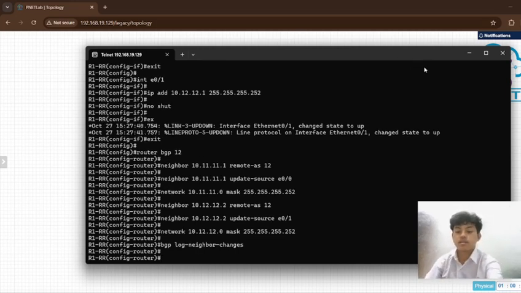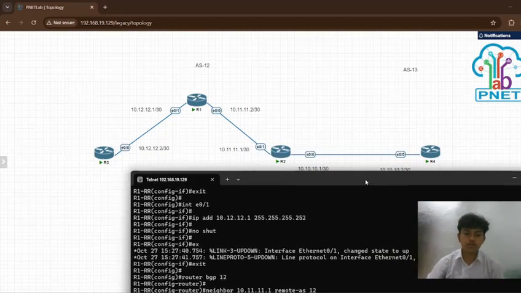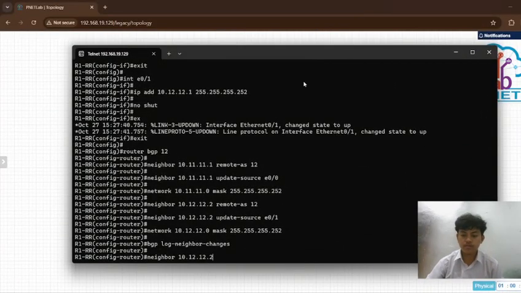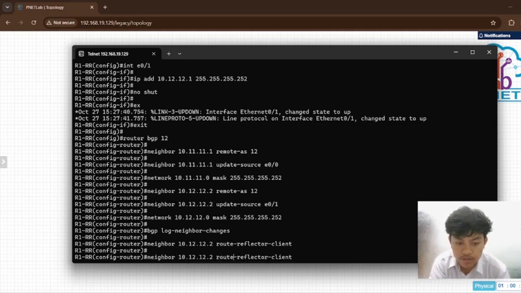Okay, next is neighbor 10.12.12.2 route-reflector-client, and again for 10.11.11.1 route-reflector-client.